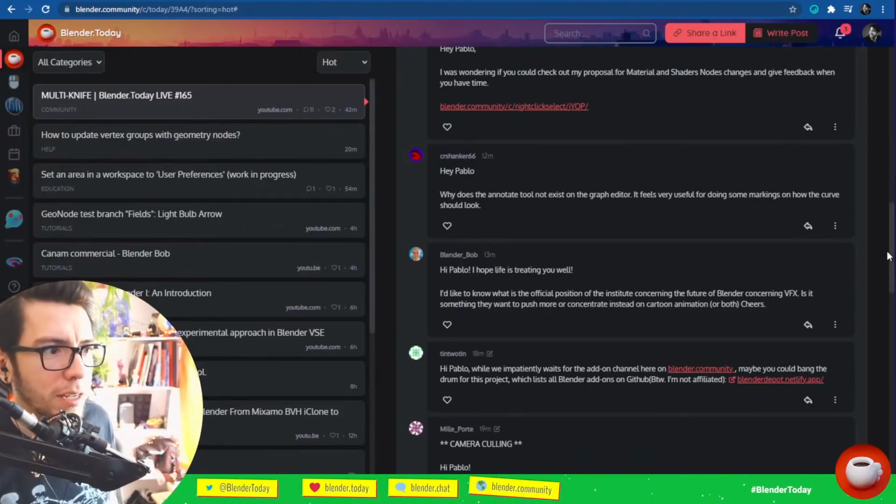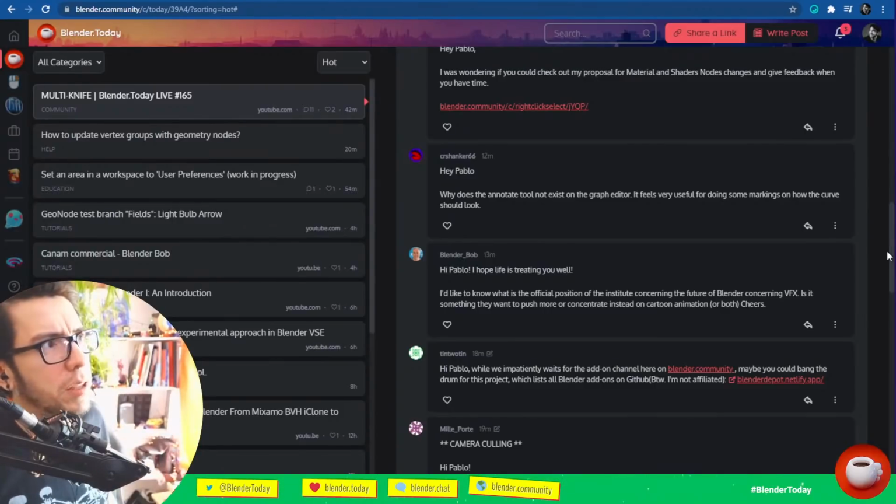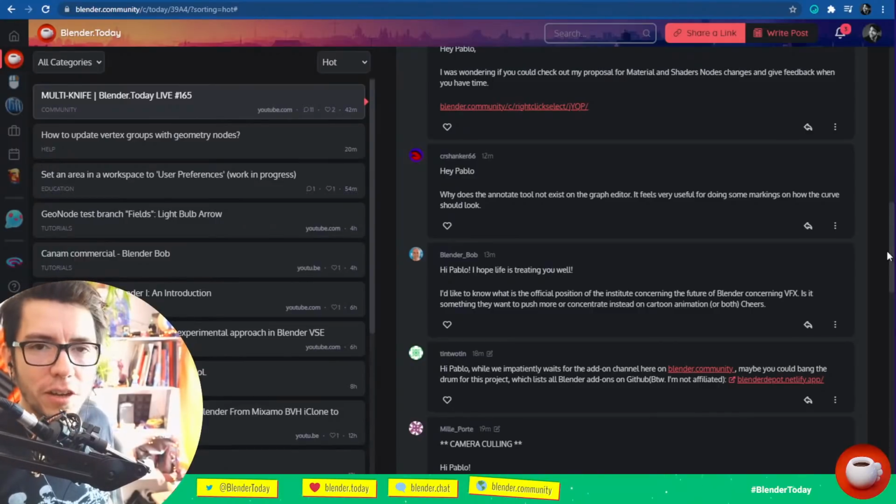I don't know, what do you mean exactly by the official position on the future of Blender for VFX? Other than improving the motion tracker, or what exactly? VFX can be anything, right? Is it compositing? The compositor is getting all the nodes improved in terms of speed for full frame.